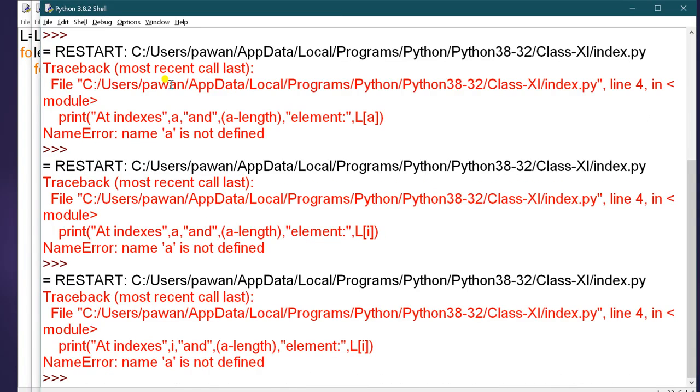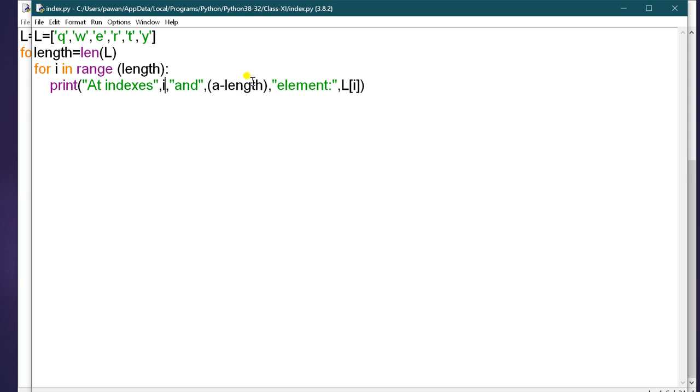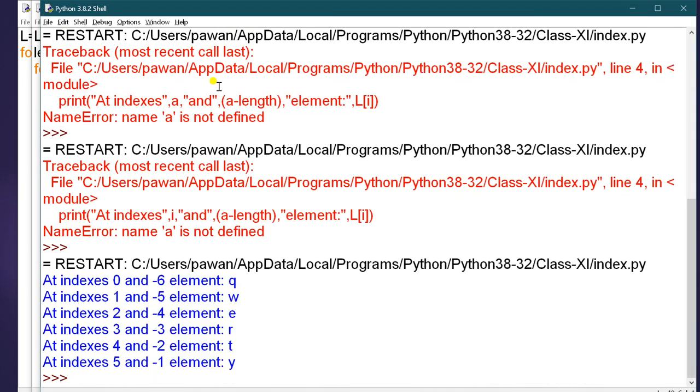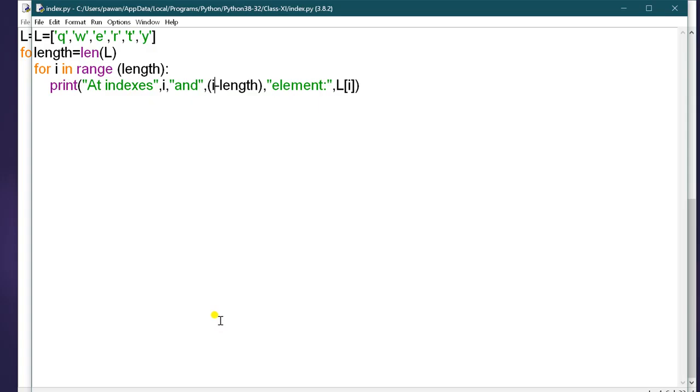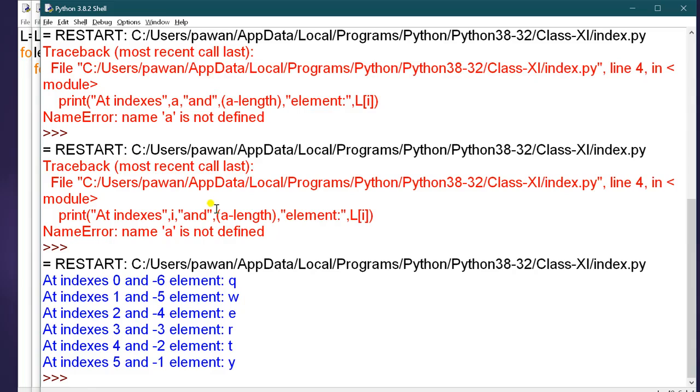Again, name A is not defined, so you have to change every A to I. Now it is showing that at index 0 and -6 the element is this one. This I minus length will decrease the index one by one, so that it will give you the result in negative indexes. Okay, I hope it is clear now.